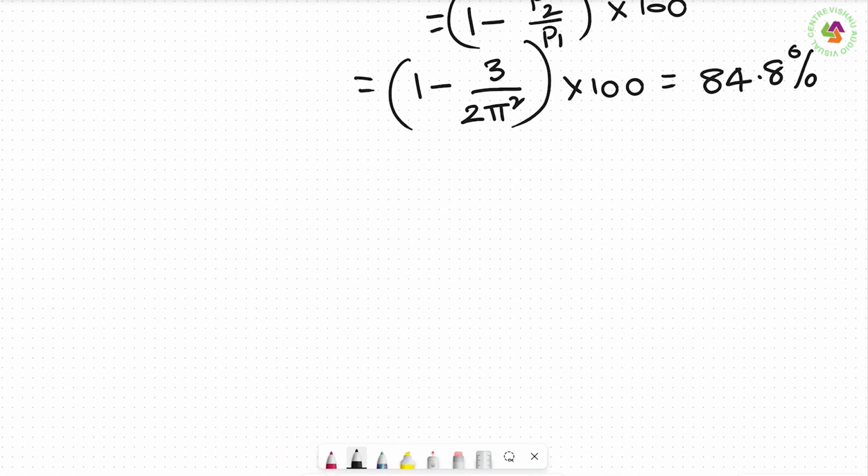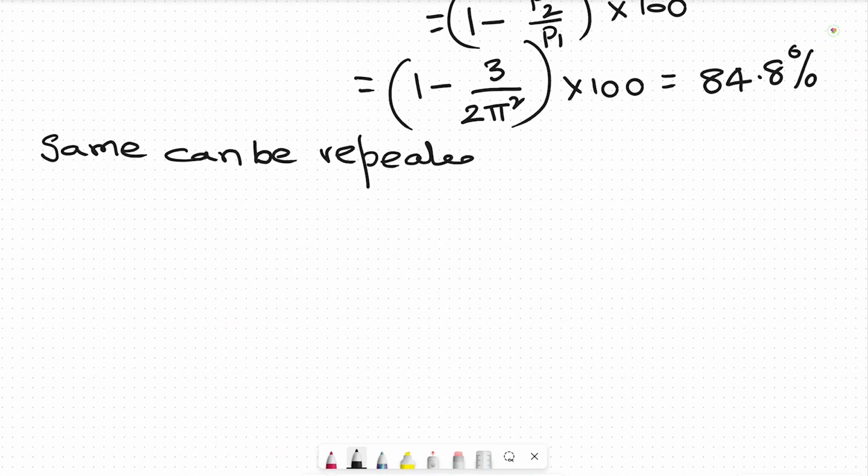The same can be repeated for a double acting reciprocating pump also. The only salient point in that is